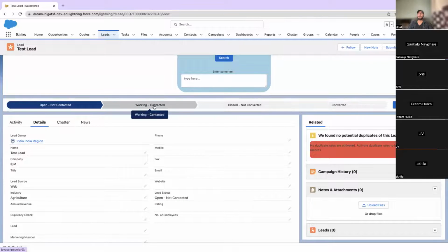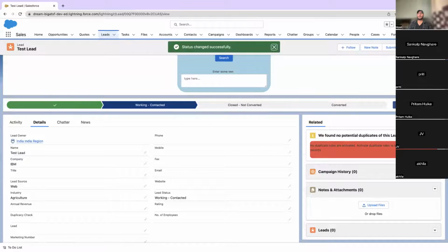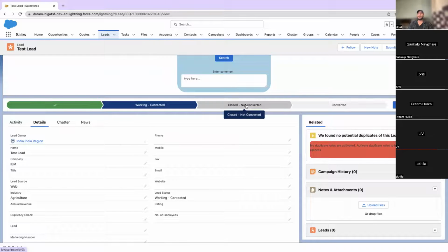And once you start working on it, you will change the status to working, contacted, because you have contacted them. So it is very important to keep the status up to date whenever you work on a lead. And then when you have contacted them, you will get to know if they are interested or not. Based on that, you can convert that lead or close that lead as not converted. The moment you convert it,